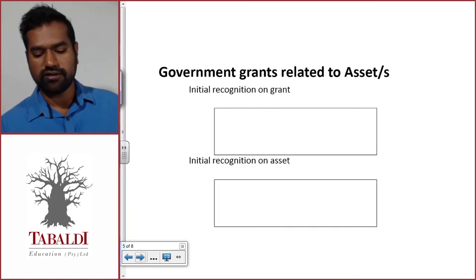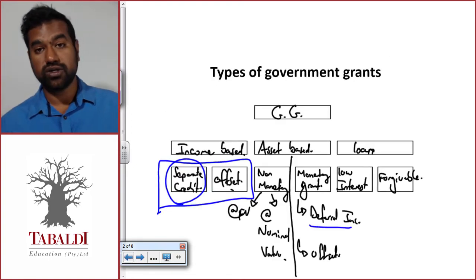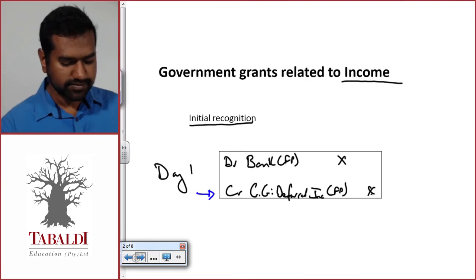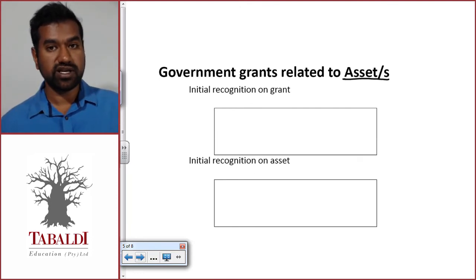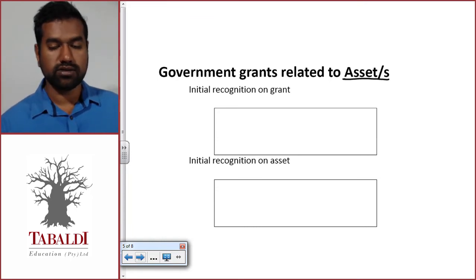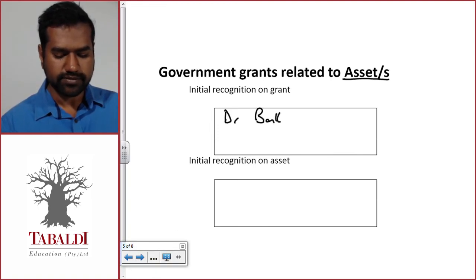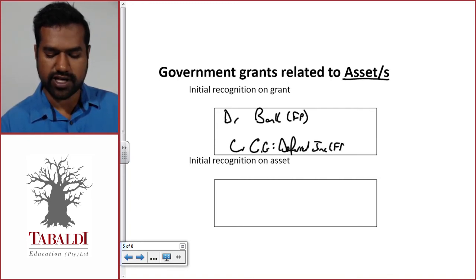What happens when we have an asset-based grant? Now remember, with the asset-based grant, we said that you can either have the monetary or non-monetary grants, where either you receive the asset or you receive money to go purchase an asset. So let's use the example of the monetary side, where we receive the income and we need to go and purchase the asset. So on day one, we are still getting our grant. It's coming into our bank account. So we would have debit bank, statement of financial position, and credit, well, we have to raise our liability now. Government grant,